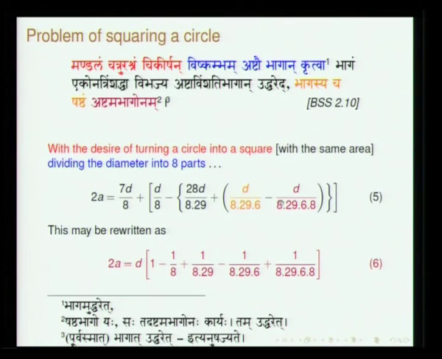The form is something very interesting, that is what I want to tell once more. 1 by 8 into 29, a very interesting form. I think you can see the rationale perhaps once you study this Varga Prakriti. One does not know whether they knew Varga Prakriti and then arrived at this form, but anyway one of the ways is geometrical, the other is the other way. All that we find is this interesting expression in the Sulva Sutras.